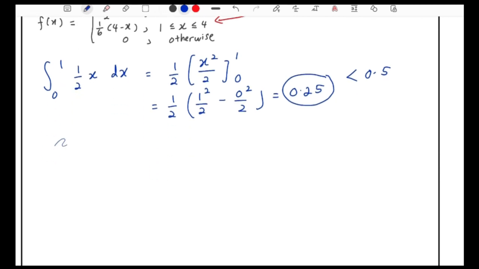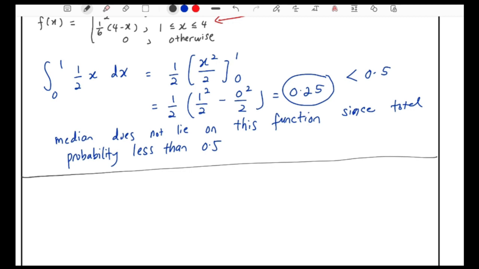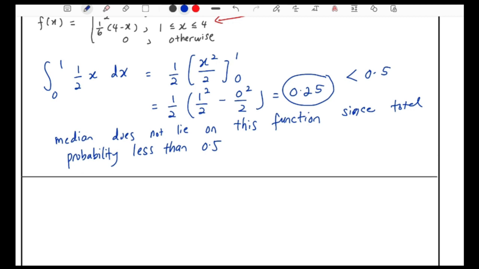So to find the median, I'm going to write the conclusion first. Median does not lie on this function since total probability less than 0.5. So to find the median,